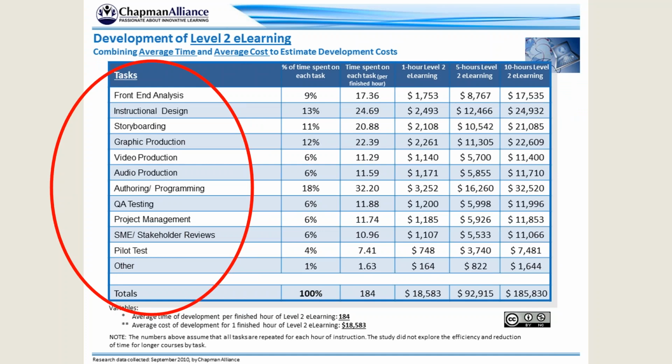Sure, it certainly could. So 184 hours, let's say you say, hey, look, my client, my stakeholders, this is what we're going to do. Here's the industry standard, 184 hours. I'm going to use this specific platform, say iSpring, and instead of taking 32 hours for this one seat hour, I'm going to be able to do it in 20 hours or whatever it is. But you're right, it can significantly reduce.